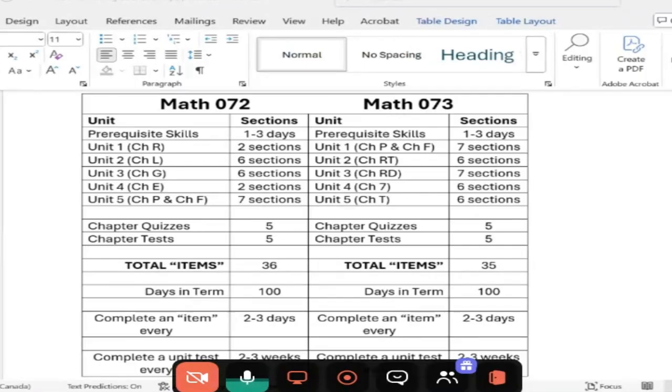Math 073, very, very similar. You can see 35 items instead of 36, so essentially the same. The one thing we should talk about here, though, is that if you are taking Math 073 by virtue of